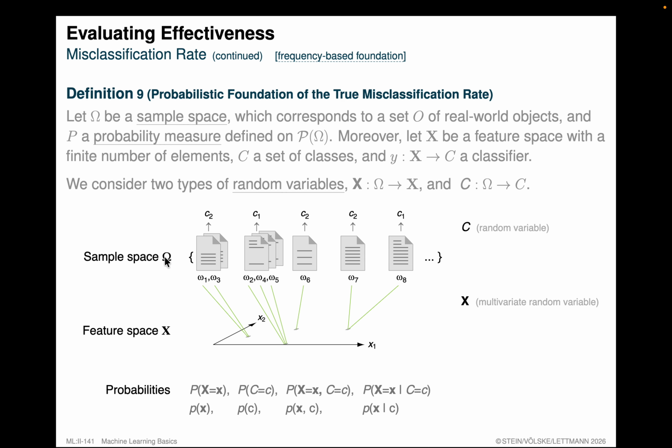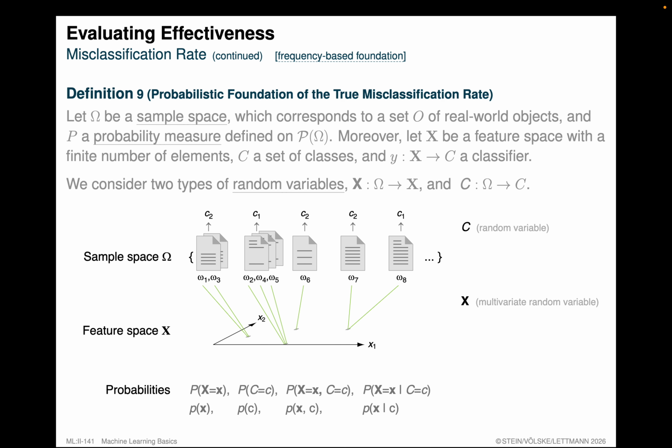The sample space, omega, is the set of all objects. It is the outcomes of some random process which generates emails. So from somewhere the emails must come. We don't know how they come into the world, so it could as well be a random process. The random variable C is a mapping. Random variables are always functions which map objects, events, basically, to their classes in this case. Outcomes to their classes. And we have another random variable which maps outcomes to the feature space, to a place